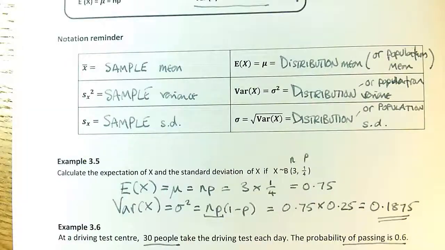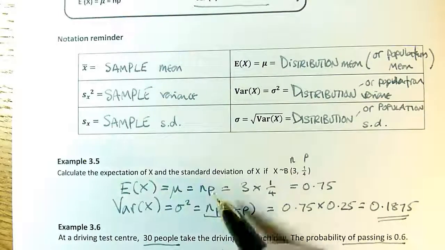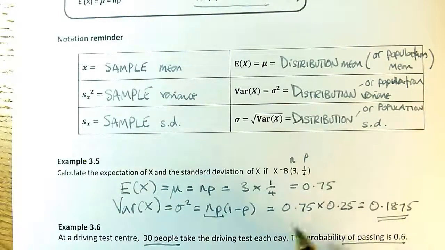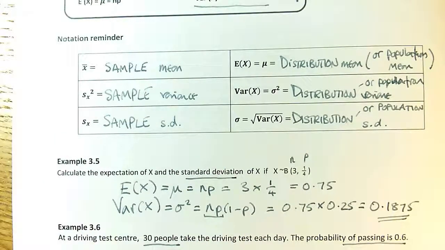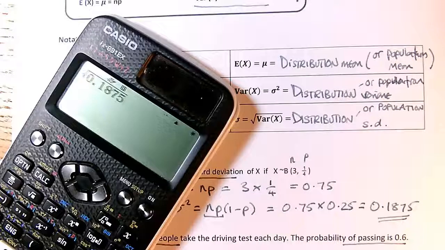Easy peasy. Well, I say easy peasy, but actually I haven't finished, because this is the variance, and I was asked for the standard deviation. This is what I warned you about. We can all forget to square root things or square things. Which is it that I need to do? Well, this is sigma squared, is 0.1875. I want the standard deviation sigma, so I have to square root the 0.1875, which gives me